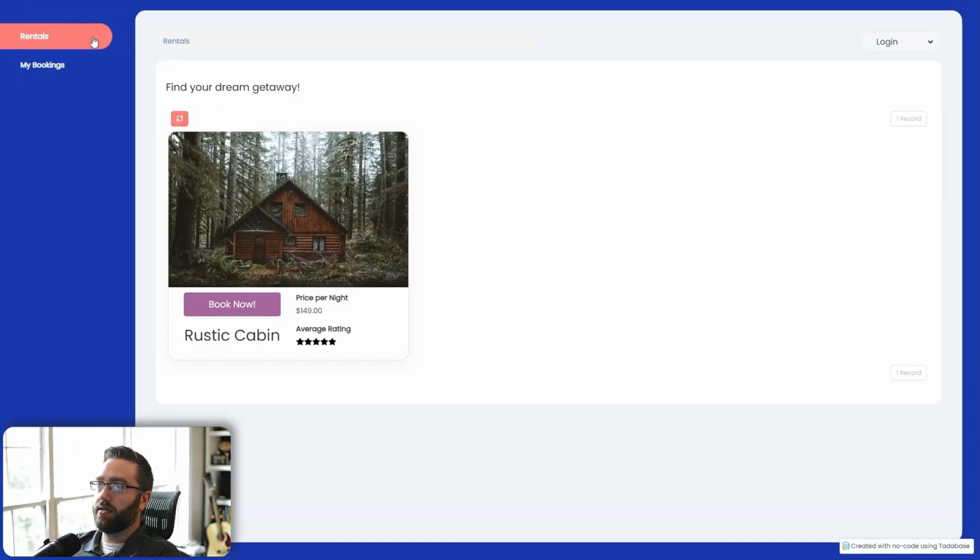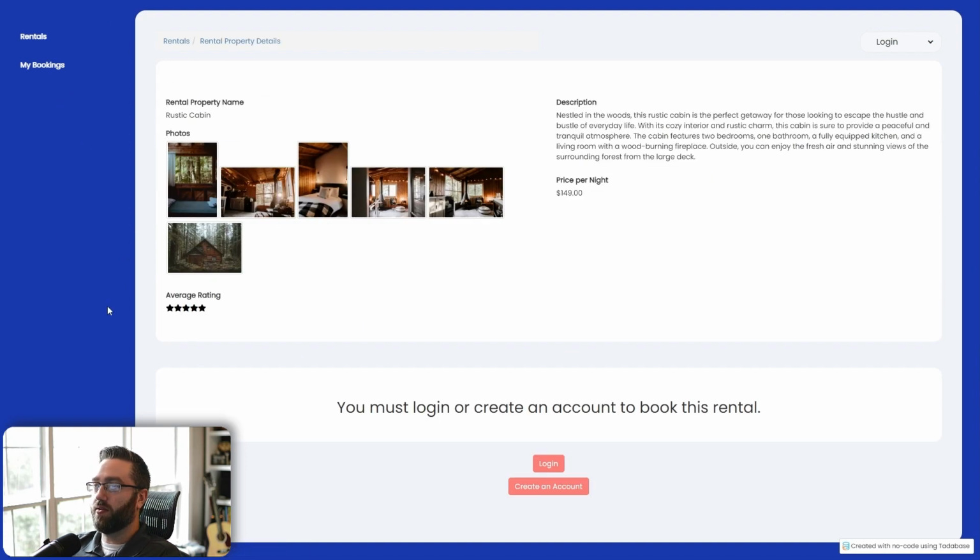And here we are now with our finished rental marketplace. So once I have more rentals that I can offer here, I can go ahead through my administrative side of the app and add those. And here is our ability for a user, an end user, to book and pay for any given rental. So that's it